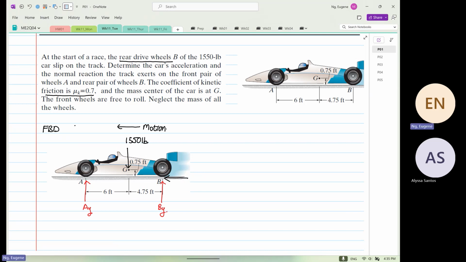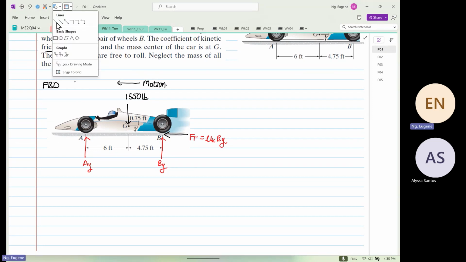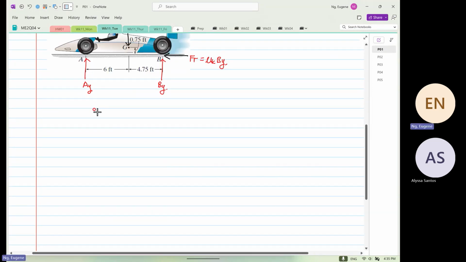And then because we have BY over there, we have over here our friction force FR equal to mu K times BY. Friction is in that direction because if you look at the wheel,